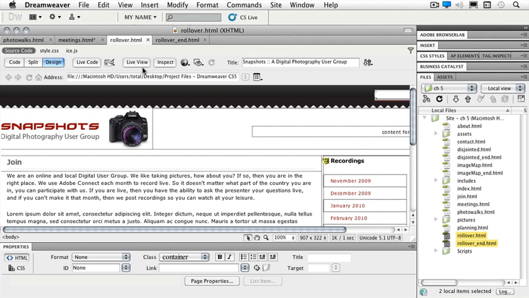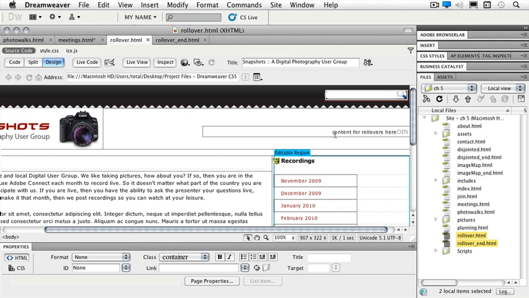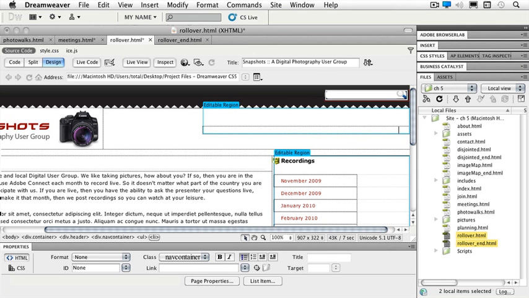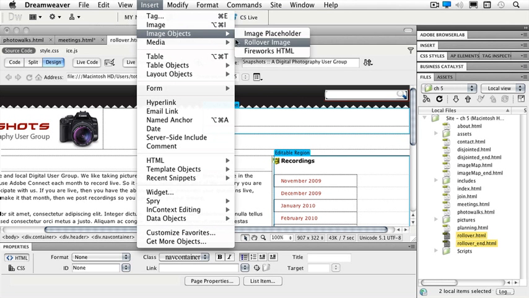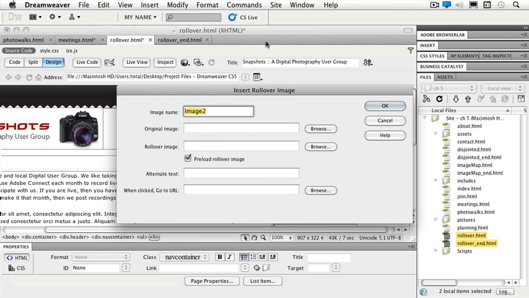So if I go over to my rollover.html, I see that I just have some content sitting here in my file. So I can delete my content out, and I see I just have my cursor sitting in there. We do have that container as CSS so that it keeps it open and available for us. So let's go ahead and put our very first rollover in here. If I go to Insert, Image Objects, and Rollover Image,